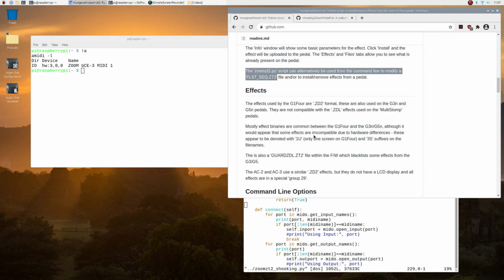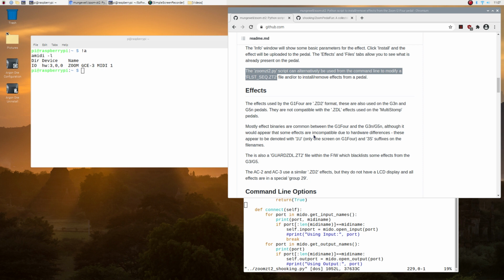Now, what I did yesterday was I put the Zoom GCE3 into B1X mode, and another video is coming out when I've edited it, but this one might make the streets first because it's easier on this system than on the Windows system. So basically what I did was I put the Zoom into B1X mode, and then I transferred programs from the B1X directly to the box using SysEx. So no Guitar Lab was used in the making of that.